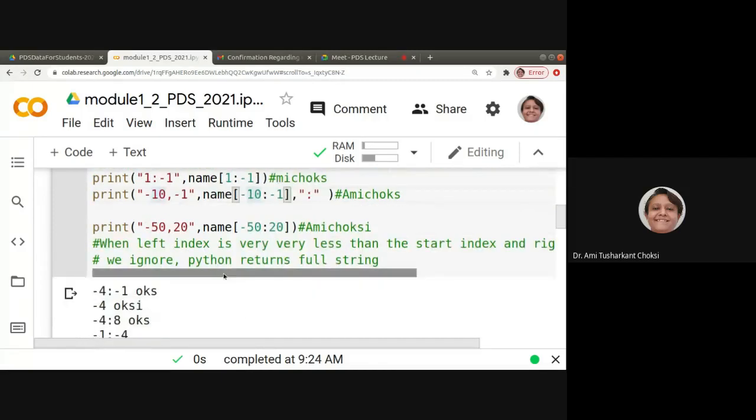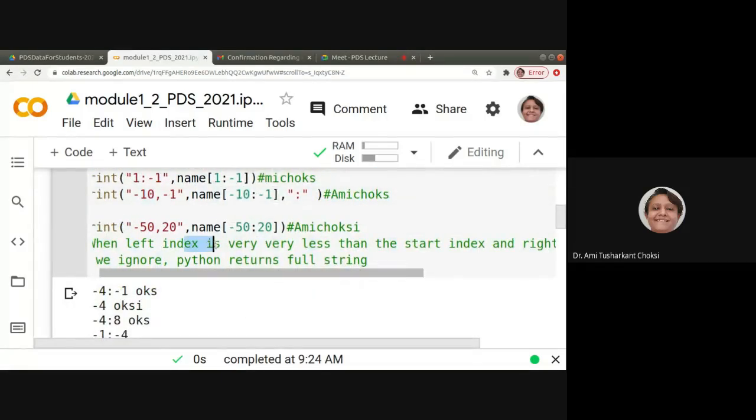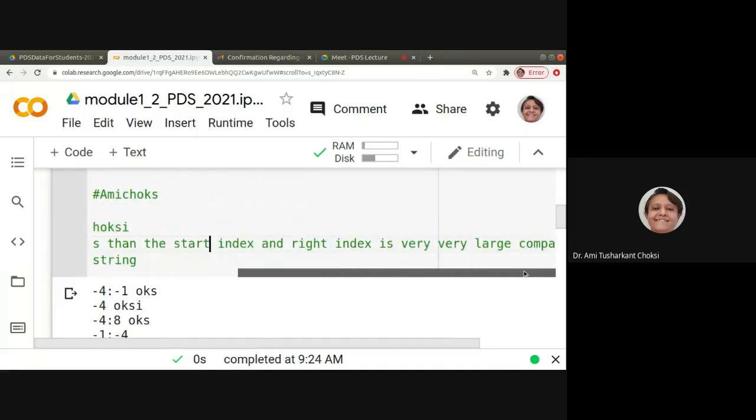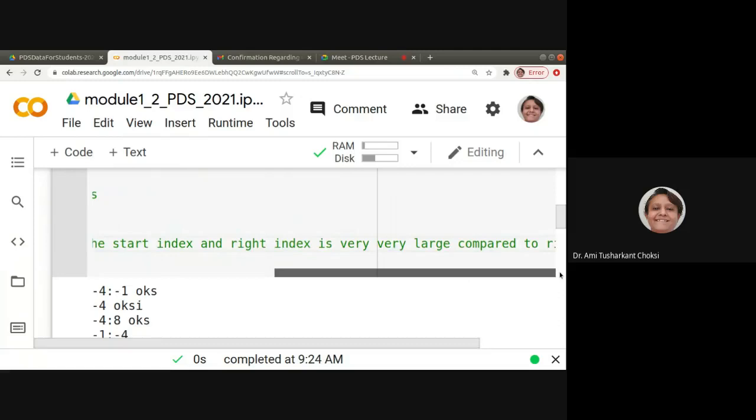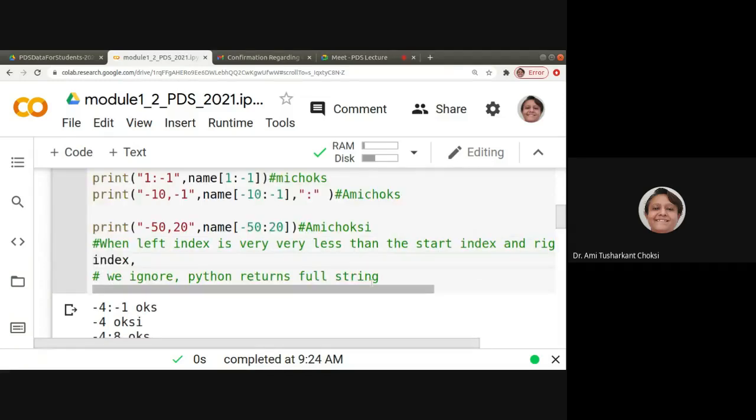When the left index is very, very much less than the start index, and the start index is 0, and the right index is very, very large compared to the right index of the string, then we ignore it and Python will return the full string, right?